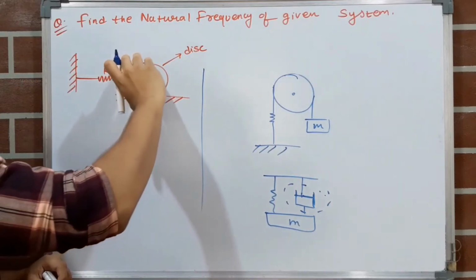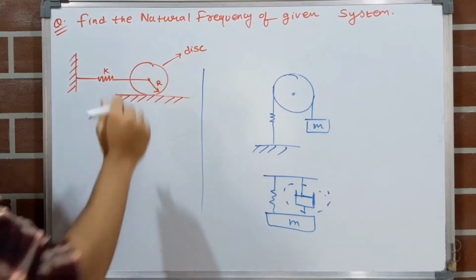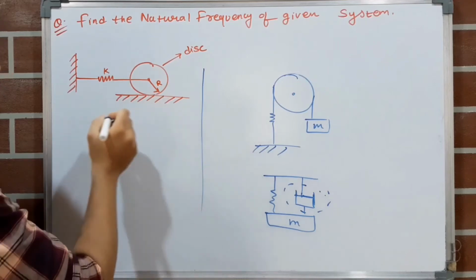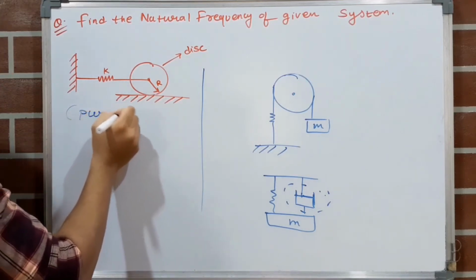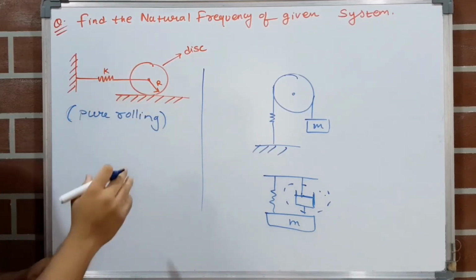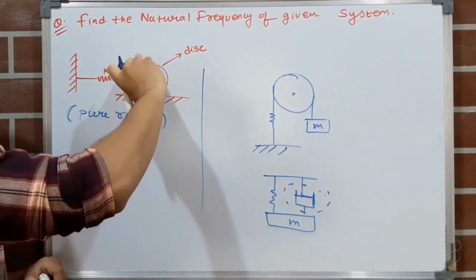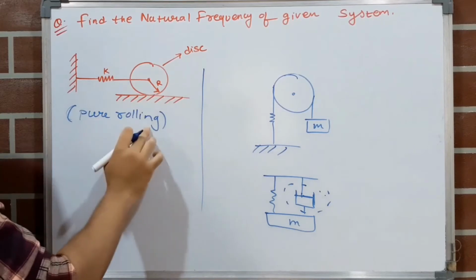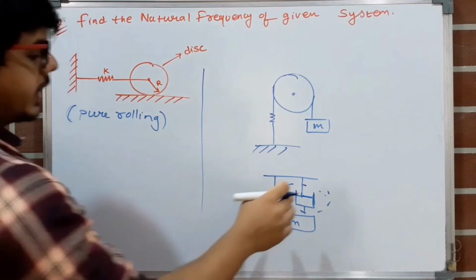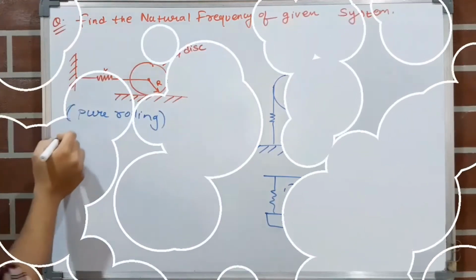This is the disc which is connected with the spring, and the spring is connected with the fixed end. The disc is rotating without slipping, that means the pure rolling condition, because the disc is rotating without slipping. Here also you can see friction. Friction is there, only then can this disc undergo pure rolling. But this friction can be neglected, while the friction of a damper cannot be neglected. Okay, now we will solve. So the solution will be,